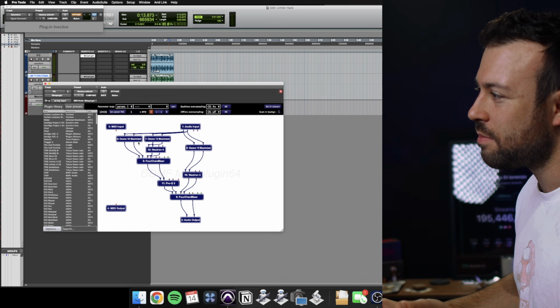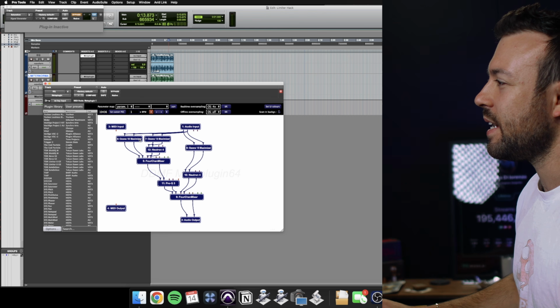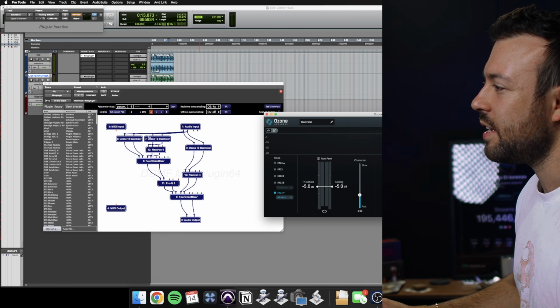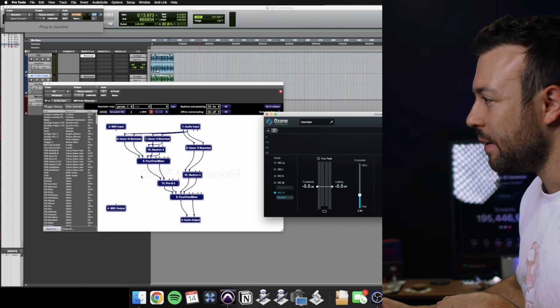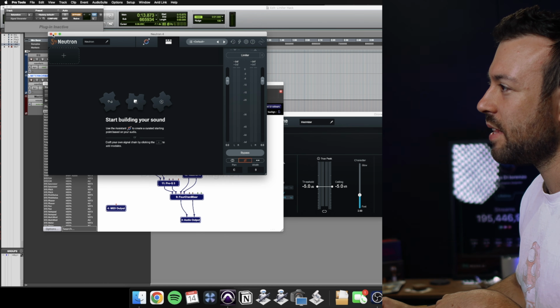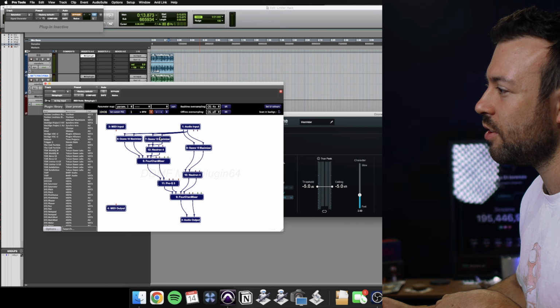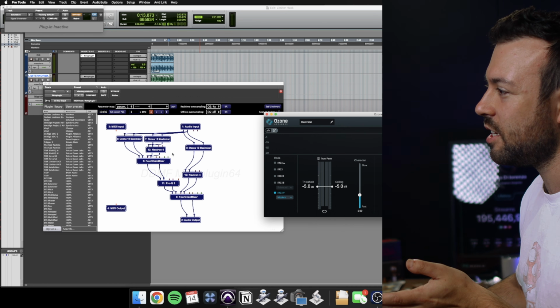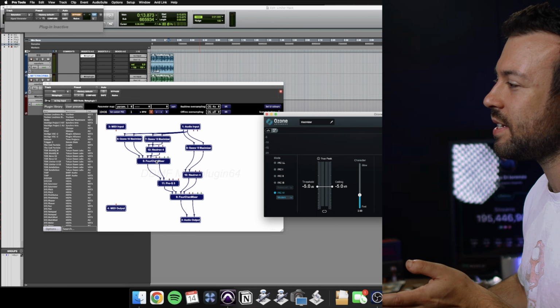I've got Ozone Maximizer, which is taking, I think, -5 decibels on this mix here, and that's going to give me my Y signal, the Y limit. This Neutron here is simply rotating the phase of the other signal, which has no limiting on it. I've just left it there so everything stays sample accurate. So I've got my X inverse and my Y output, which gets summed in this channel mixer